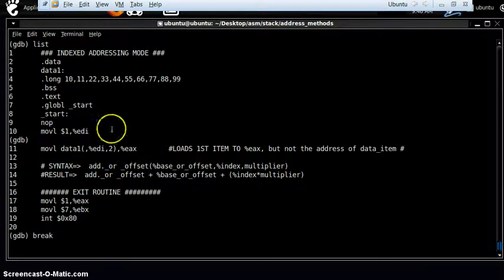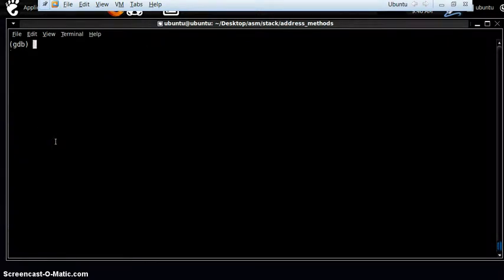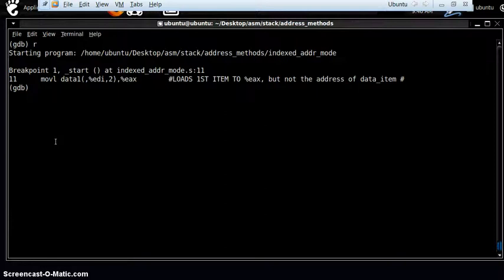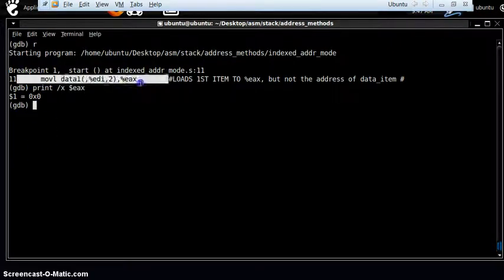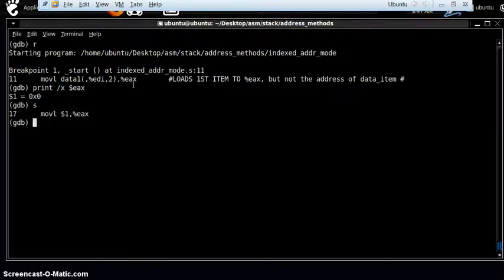We break at line 11 and run the program. Let's check our EAX register first. It is 0 as of now. Let's step over this line. Now some value has been moved to the EAX register depending on how we have set up our index and our multiplier. So what will be the result?